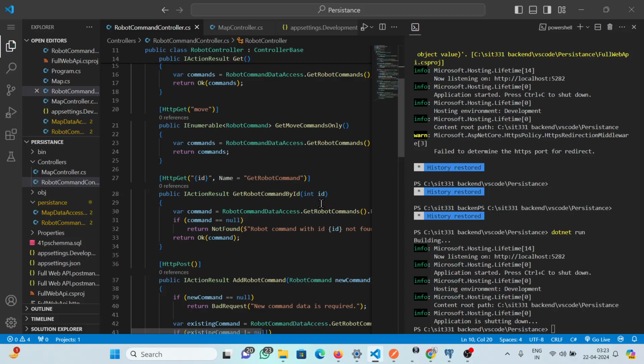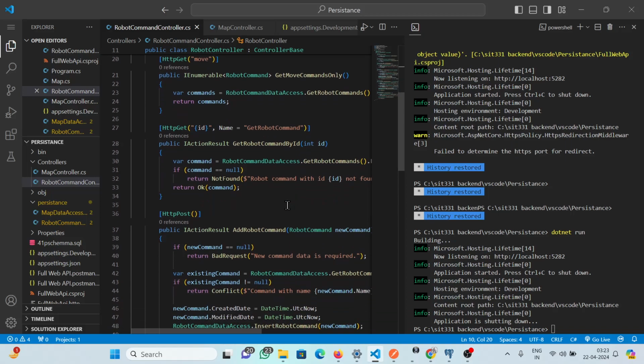After that, if the command is not found, returns a 404 not found response, otherwise returns an HTTP response with the status code 200 OK. Next is the HTTP post,